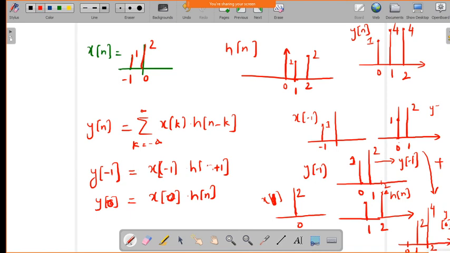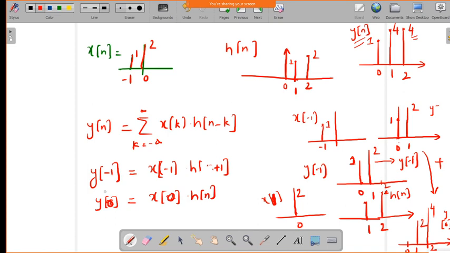So here y of minus 1 and again y of 0. So at index 0 you will get 1 plus 0, you will get 1. So at index 1 what will happen? It will be having the amplitude value 2, and here at 1 you will be having amplitude value 2. So 2 plus 2 at index 1 it will become 4. And similarly at index 2 it is 0 here in y of minus 1, and here in y of 0 at index 2 it will be having 4. Now 4 plus 0, the amplitude value is 4. So this is how we will get the output response y of n by adding y of minus 1 and y of 0.